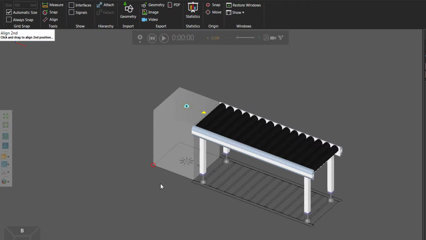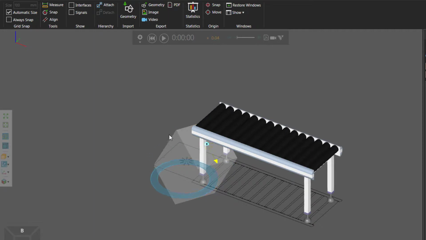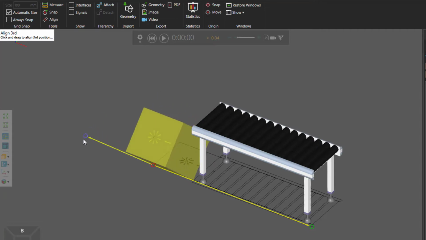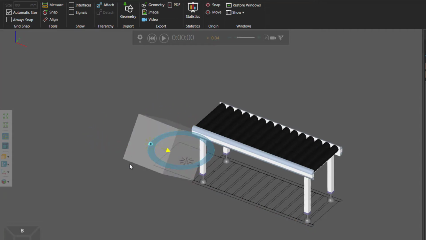I can continue to align the object by using a second point, so I can pick the point here. And notice I can kind of rotate the component along that axis. I can also pick a third point. Let me show you how that works. So I will use the Shift command again. And then let's pick that point there. Fix the orientation. And now I can pick this third point here. But we probably don't want this. So after making that change, let's press the Ctrl+Z key.